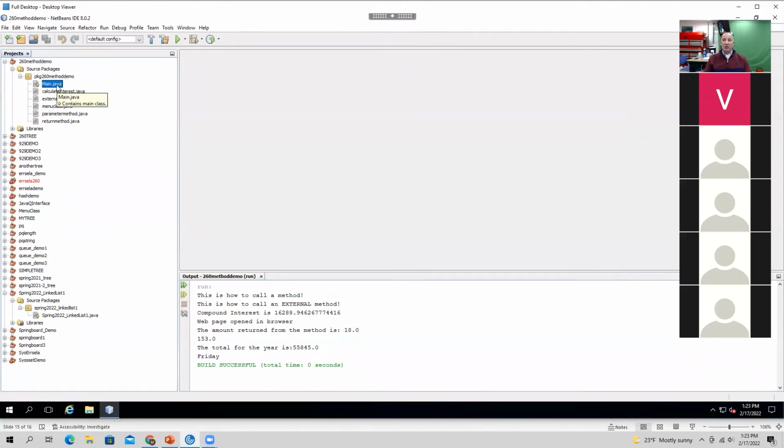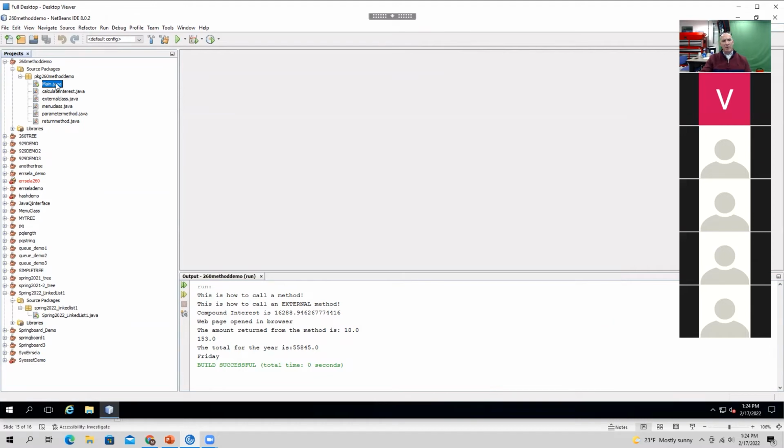Then we always have some class. In this case, the class is actually called main, but it doesn't have to be. But there's always some class in each Java project that has some notation of where the program needs to start. We call it a main method. There's only one main method in each Java project, and that main method resides in some sort of a class. And once that main method exists, the program knows where to start when you first start it. It's indicated here in the IDE by that little green arrow. That little green arrow tells you that the program is going to start here because there's a main method inside that class. All right, so what do I mean when I say methods?